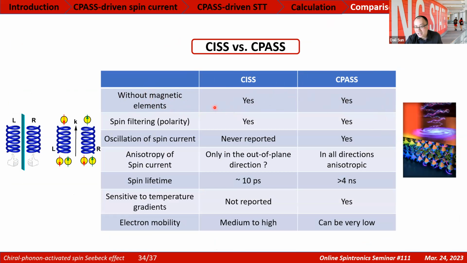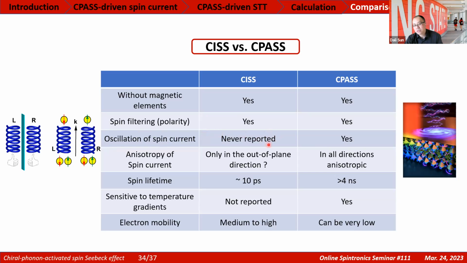Yes, they both don't need any magnetic moment. So the CISS effect provides spin filtering generated spin current. Yes, both generate spin current. But for the CISS effect, the oscillating spin current was never reported, because